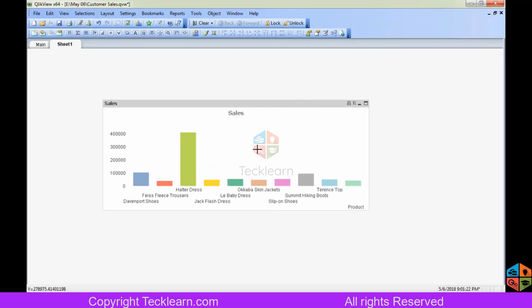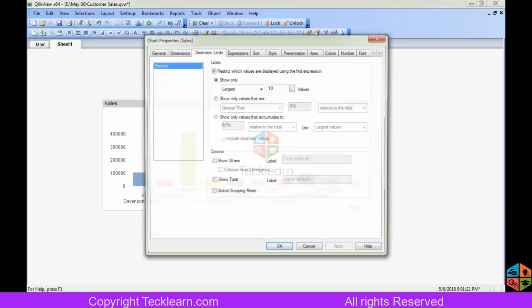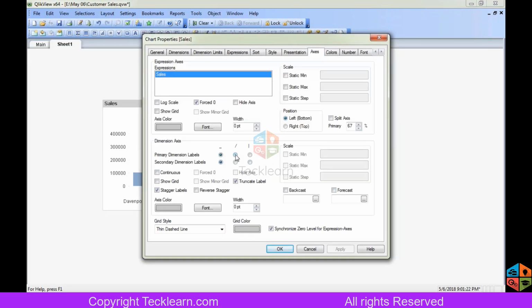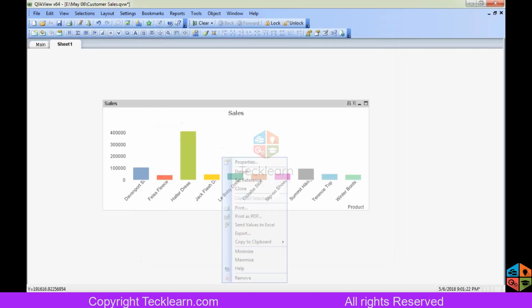In terms of naming, it was looking clumsy, so I will change the axis and add the values on the top.